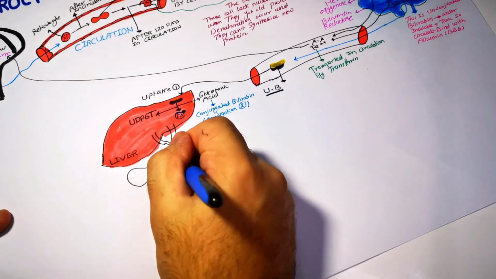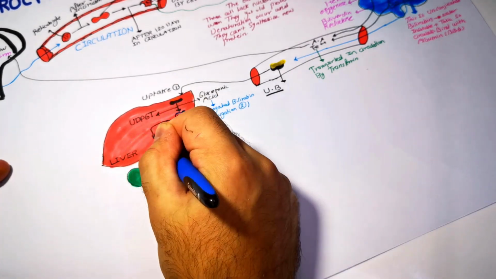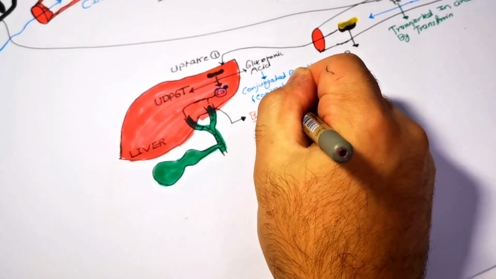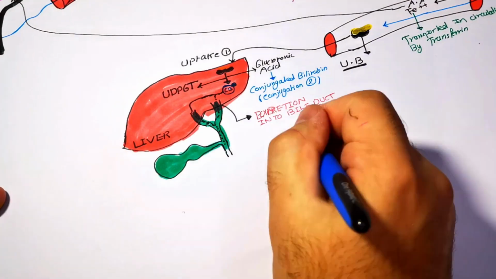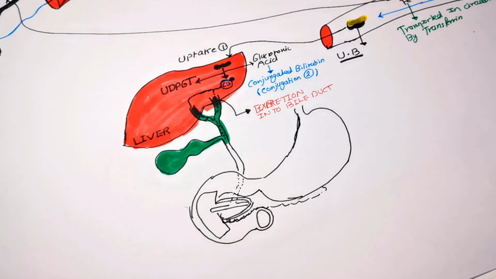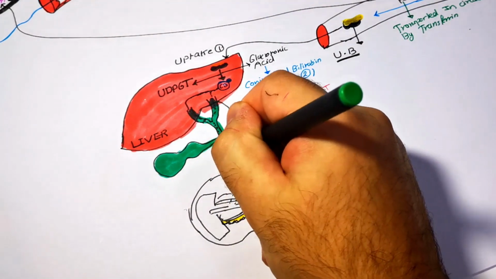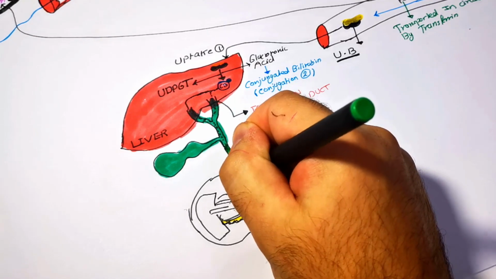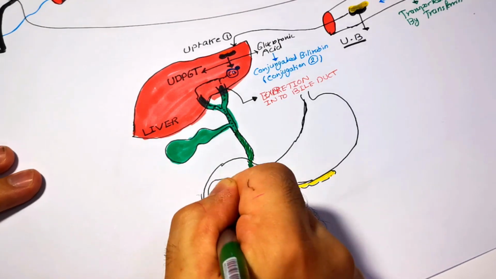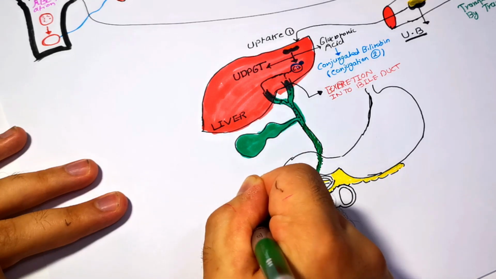After that the conjugated bilirubin will be excreted into the canalicular system, and it will flow into the hepatic ducts, and both hepatic ducts will unite to form the common hepatic duct, and the cystic duct will join the common hepatic duct to form the common bile duct. The common bile duct will open with the pancreatic duct into the second part of the duodenum through the ampulla of Vater. This is the conjugated bilirubin which will reach the duodenum, and from the duodenum the conjugated bilirubin will reach